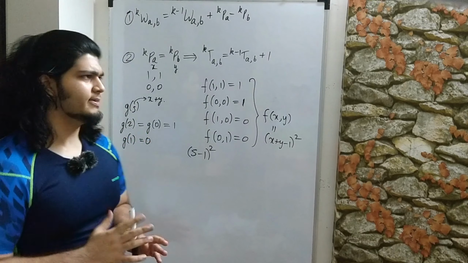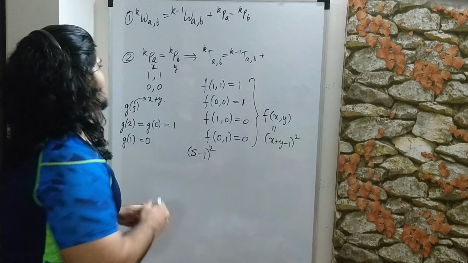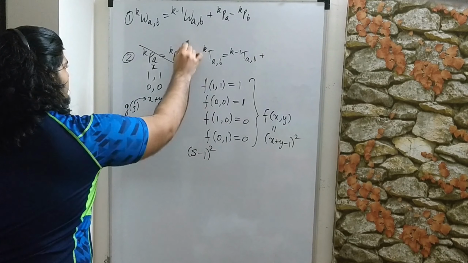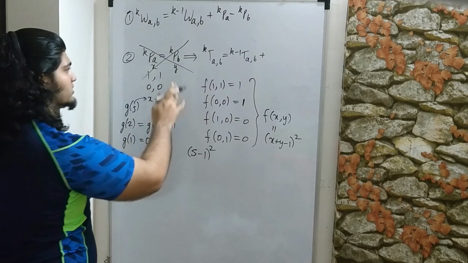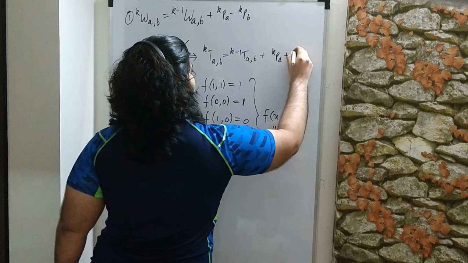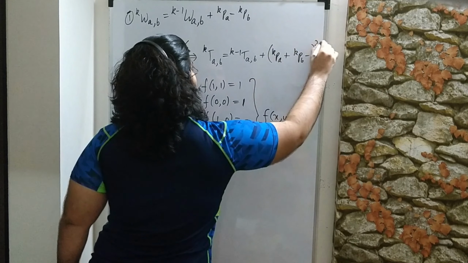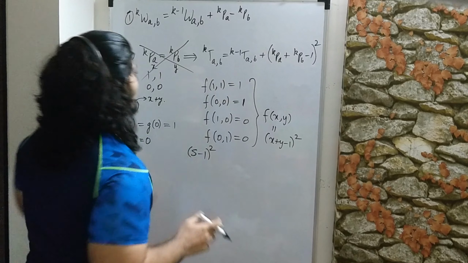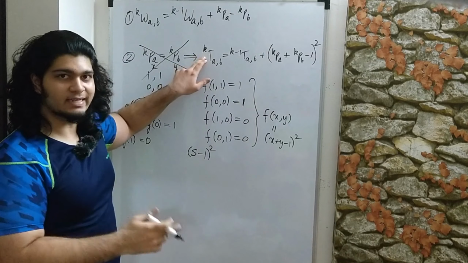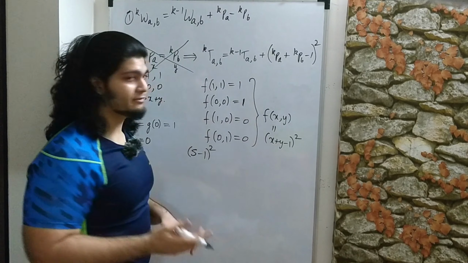So equipped with that, now it's pretty clear what to do. We just replace this. Firstly we remove this. We don't care about whether it's true or false. We just put k pa plus k pb minus 1 squared, and just like over here we got a general formula for the kth t in terms of the k minus 1th t. So again we'll verify if it works.